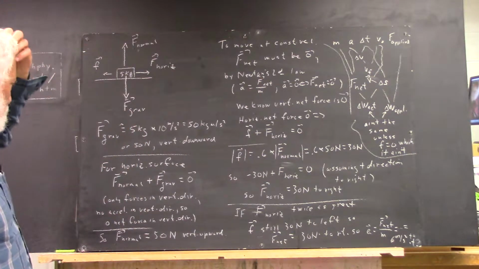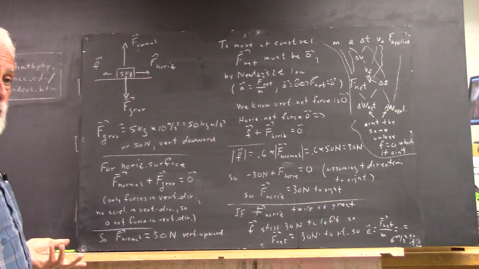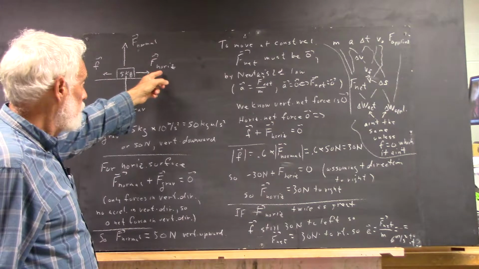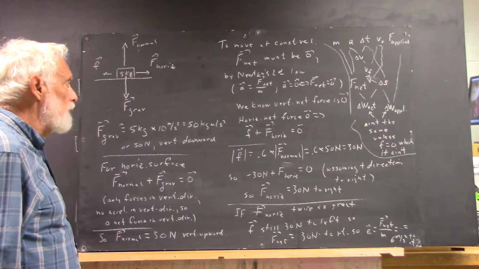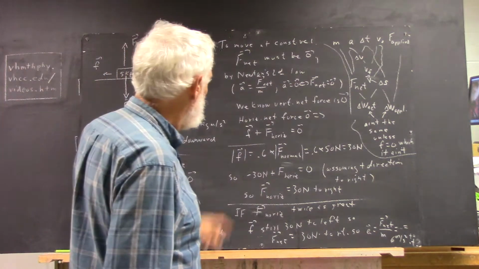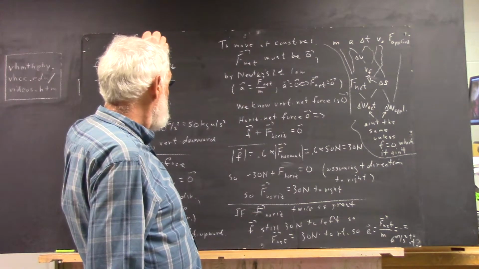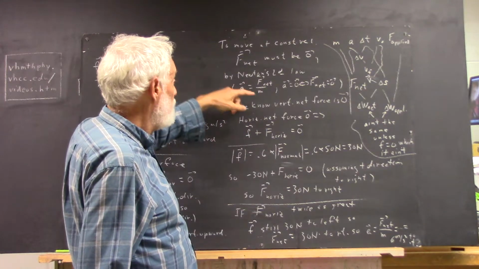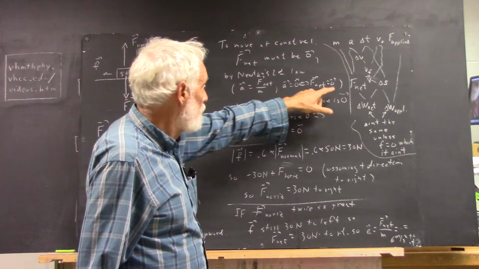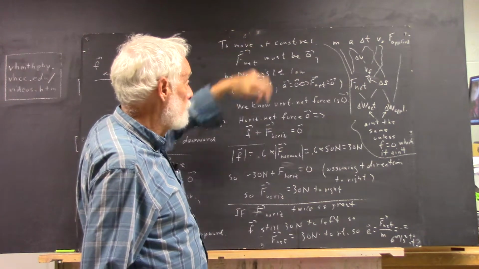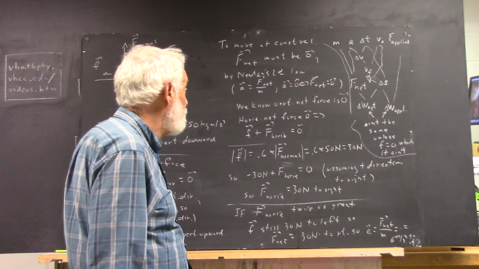Now, the question becomes, if this thing is going to move at constant velocity, then what does your horizontal force have to be? Well, by Newton's second law, the acceleration is equal to the net force divided by the mass. The question is, what's the net force going to be? It has to be 0. So the acceleration is 0, and the net force is 0. Again, assuming you're moving at constant velocity, because at constant velocity there's 0 acceleration. Knowing that